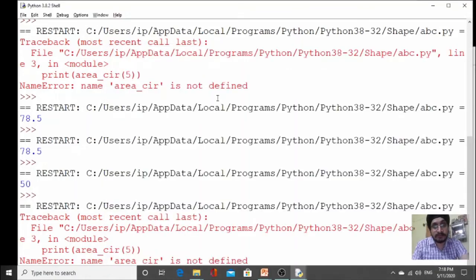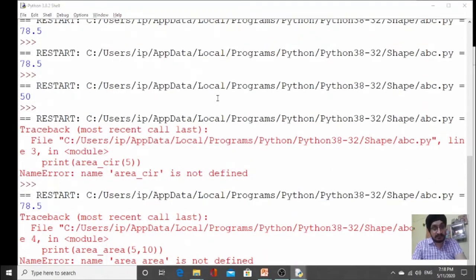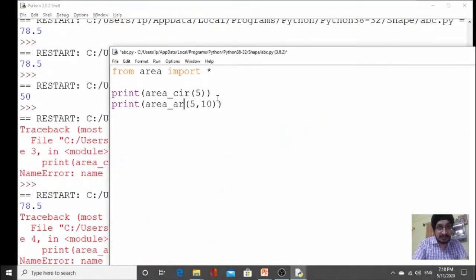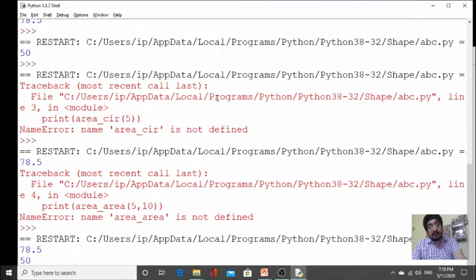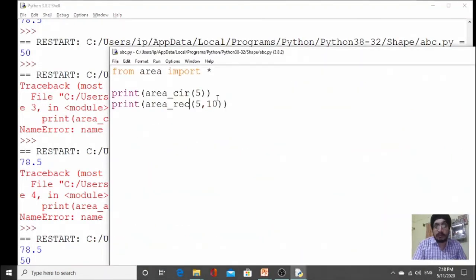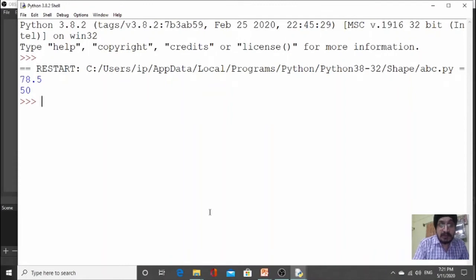Now run this code, and you can see, okay, what I have to write here, area rect. Now see, this program is giving you the result of both the functions, area circle and area rectangle. We have learned how to import a module.